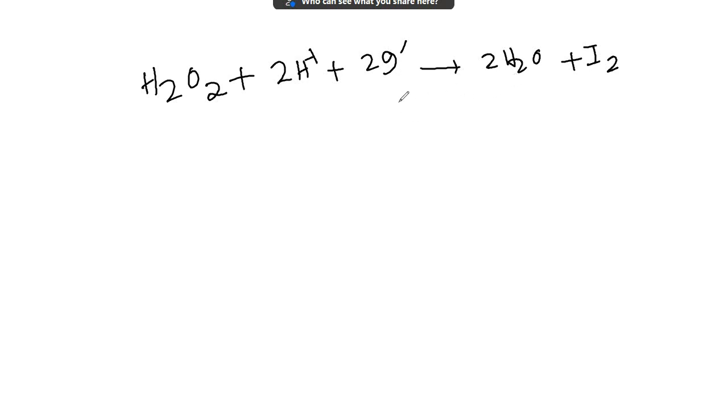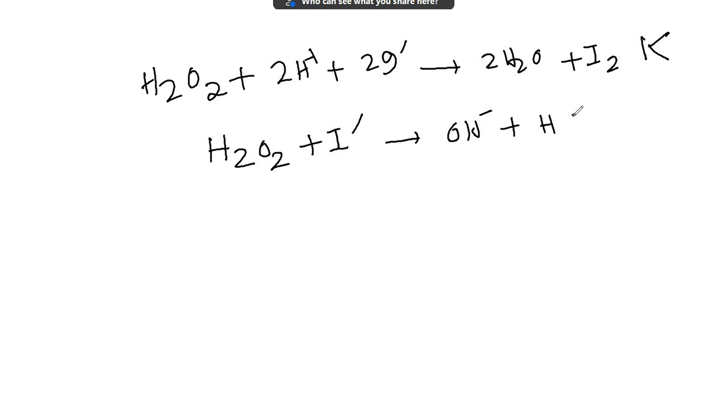This reaction can be decomposed into 3 reactions. Let the equilibrium constant for the reaction be K. Let us write the reaction this way. Listen, this is a very, very important one that I am discussing now. Equilibrium constant for this reaction will be